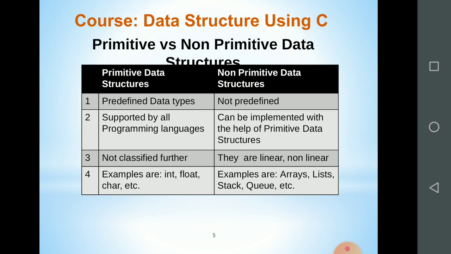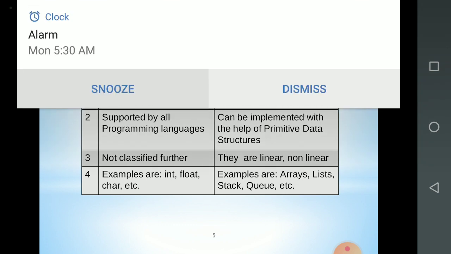This is the difference between primitive and non-primitive data structure. Primitive data structures are predefined data types. Non-primitive means they are not predefined. Primitive data structures are supported by all programming languages. They are the basics of all programming languages.